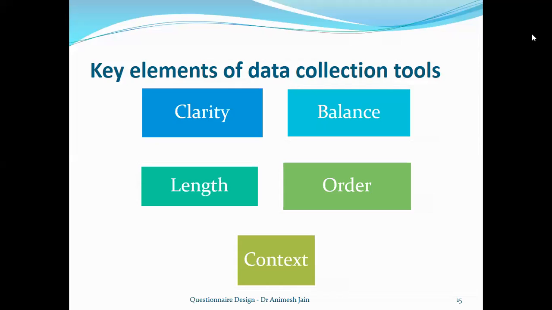Then there has to be balance. I cannot have too many questions of one type. Many times we see KAP studies, which are very common, knowledge, attitude and practice studies. If I have 20 or 25 questions, I will have 12 or 15 questions on knowledge, 1 or 2 questions on attitude, because obviously they are very difficult to devise, and sometimes people feel, okay, let's just do it for the sake of it because it's called KAP, and then some questions on practice. So there is no balance. Similarly, with certain other elements, there should be a good balance in the questionnaire.